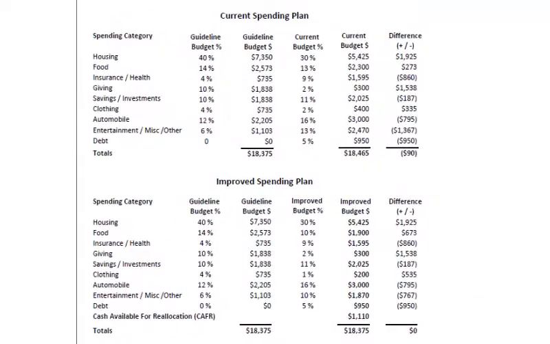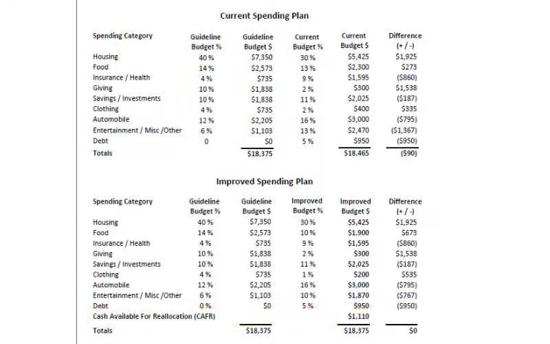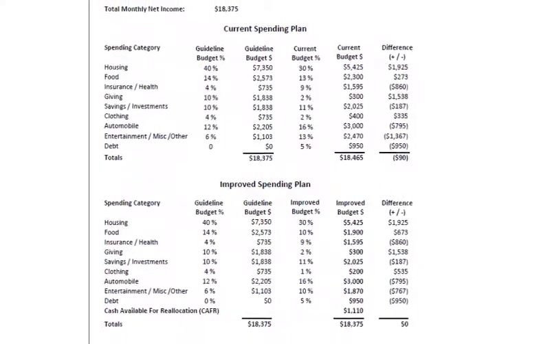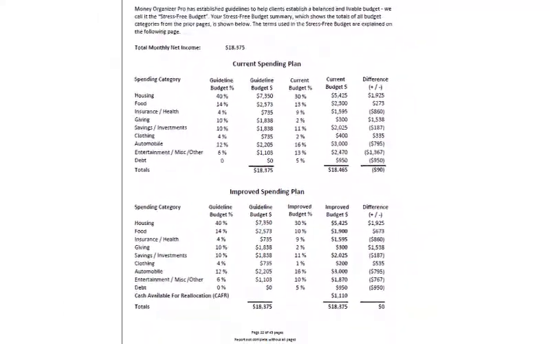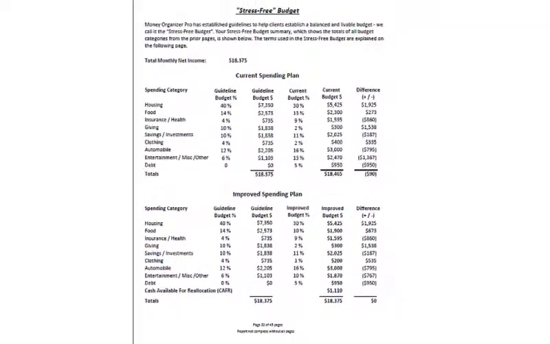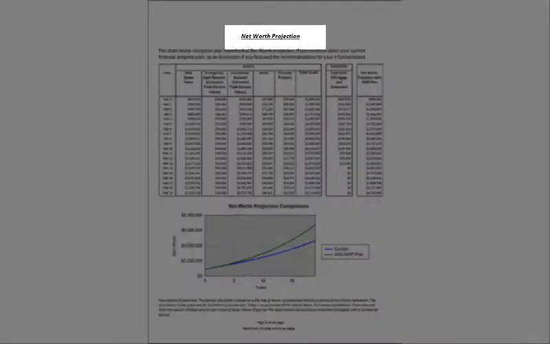I also let clients know that it's okay to choose to spend more than the recommended amount in any one category, as long as they're doing it as part of a strategy rather than a byproduct of not having a strategy. As you adjust their spending, remember that the more money you can free up for KFIR, the better the outcome for their future. Also, you may occasionally have a client who doesn't want to follow the recommendations that you've put in the plan. I address this in detail in the Advanced Plan Delivery course if you want more help, but just remember that your job is to show them their wealth potential,